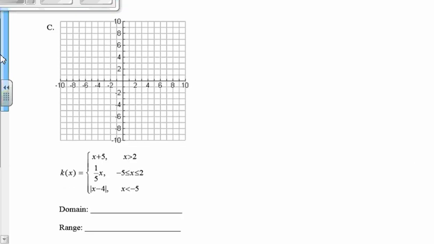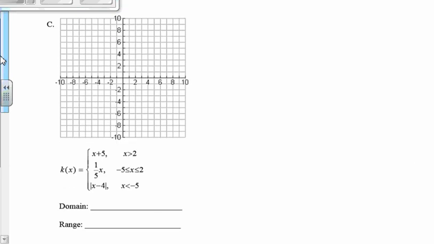Okay, so our last one here, because we're just going to do target 12 today, we're going to do 13 and 14 next week. So don't worry about those. You're just going to stop your notes here. Notice that this graph has 3 different lines, but don't let that scare you. We're going to approach it the same exact way,